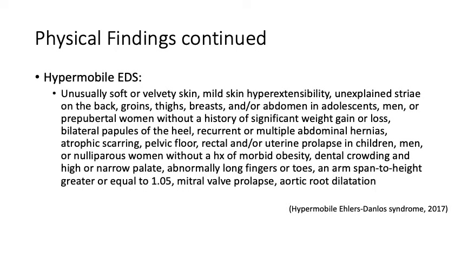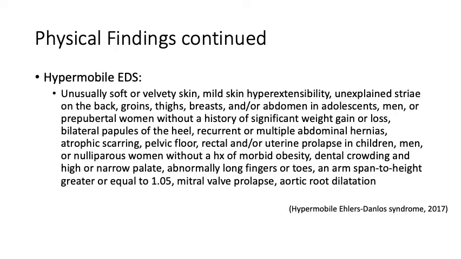With hypermobile EDS, you can see unusually soft or velvety skin, mild skin hyperextensibility, unexplained stretch marks on the back, groin, thighs, breasts, and/or abdomen in adolescents, men, and prepubertal women without a history of significant weight gain or loss, bilateral papules on the heels, recurrent or multiple abdominal hernias, atrophic scarring, and pelvic floor, rectal, and/or uterine prolapse in children, men,